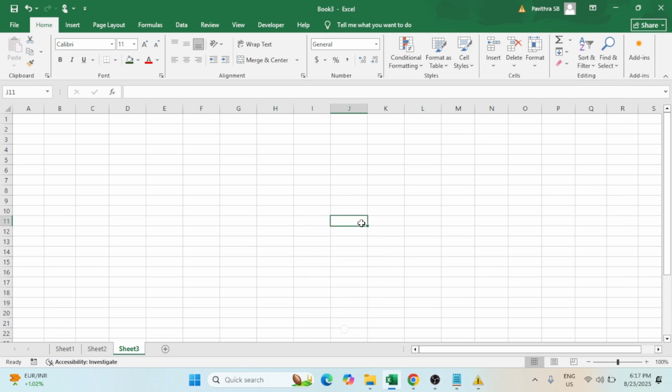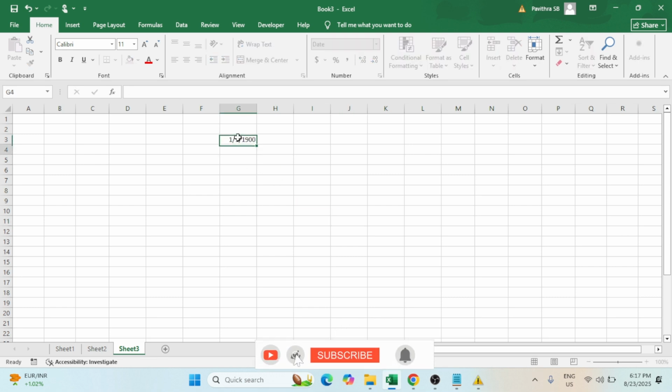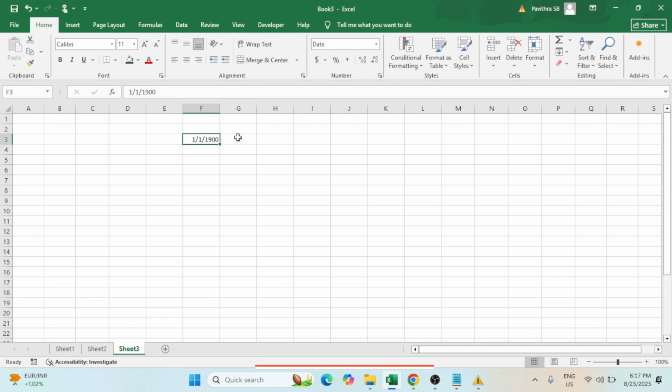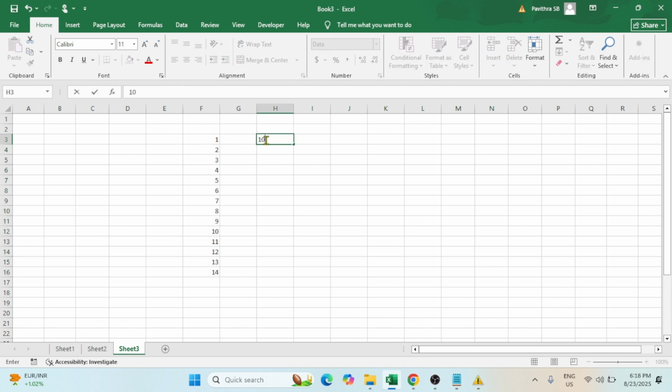Today's session we'll be learning how to use the autofills. Autofill is an option where we can get a series of numbers. Let's say we have one. We drag it down, so it is coming as one, right? So instead, if you want to get it as numericals, hold Control, drag it down. So now we will get the order, right? Similarly for 100